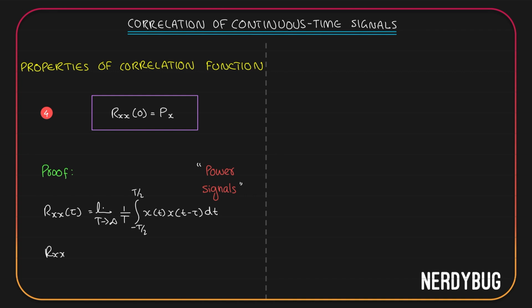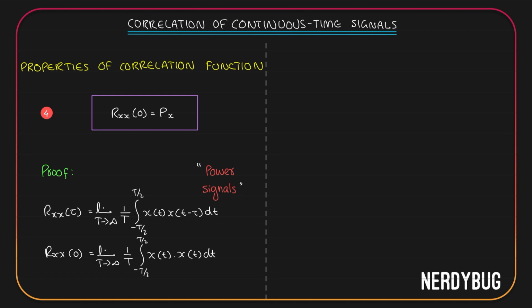If I want Rxx of 0, I'll just have to give value 0 for all tau's, and the only place where we have tau here is here. So it becomes limit T tends to infinity 1 by T integral from minus T by 2 to T by 2 x of t